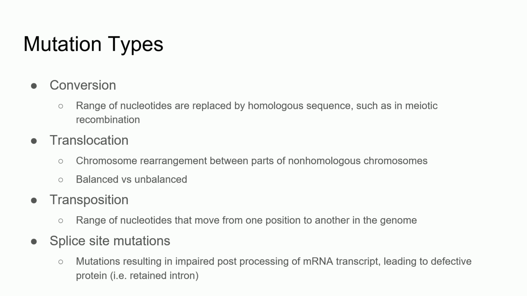Translocations describe rearrangements between different chromosomes and can be balanced or unbalanced. Balanced describes an even exchange of material with no extra or missing genetic information. This type of translocation can sometimes be fully functional as long as the translocation doesn't occur within a critical region, such as a gene. Unbalanced translocations describe the unequal exchange of chromosomal material resulting in extra or missing genes.